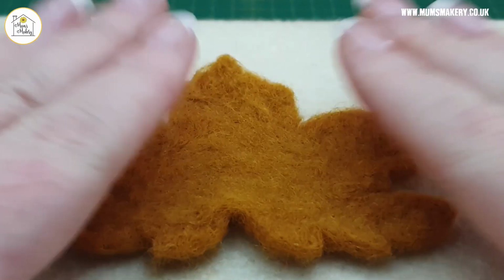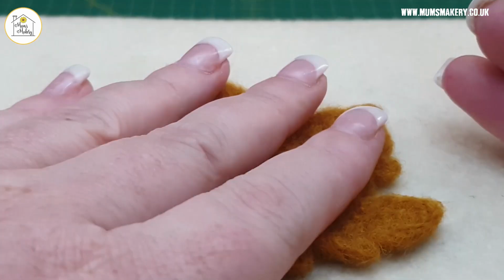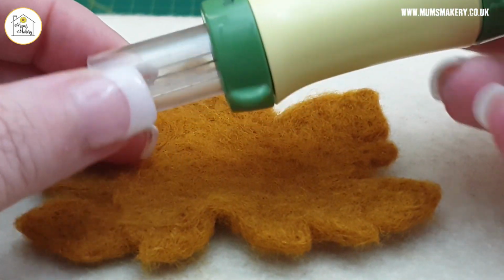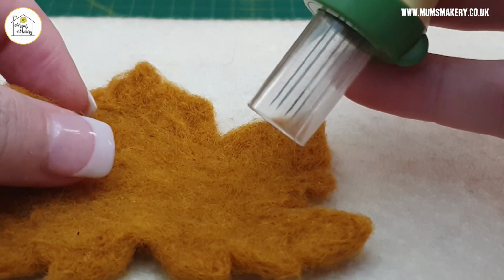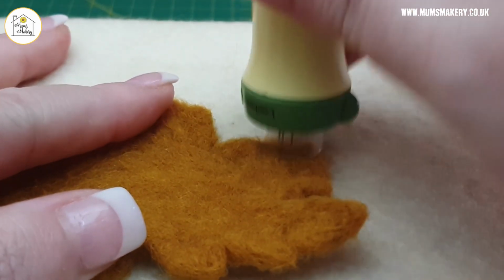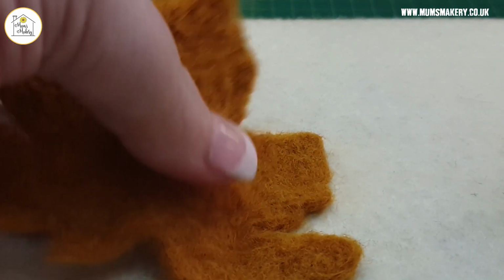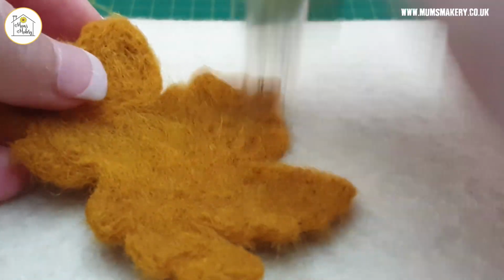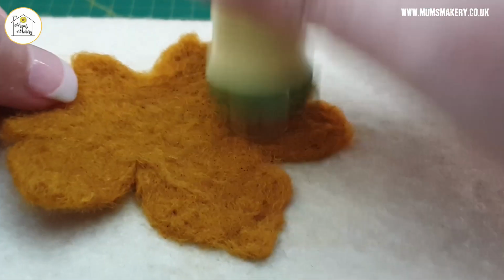But pop your leaf down. What I'm now going to do is knock the stuffing out of it using my clattering tool. And this is quite driving, so we are going right through the project. Now that we've got some firmness to it, we can do a little bit of a driving motion, just lift it from the mat and it will hold itself together. And by going all over like this